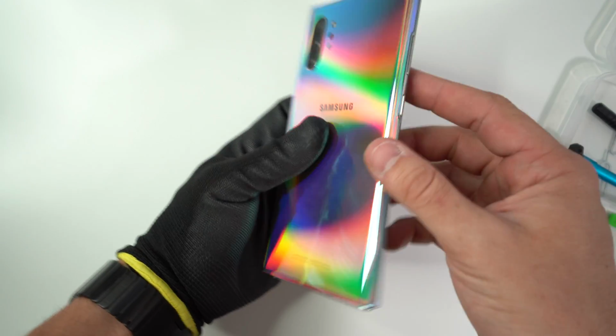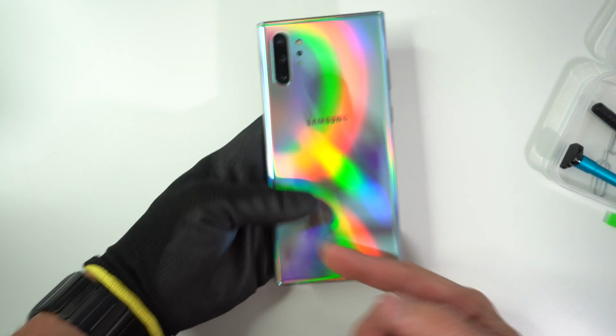And there you go. That is how you take apart and replace the battery on your Samsung Galaxy Note 10